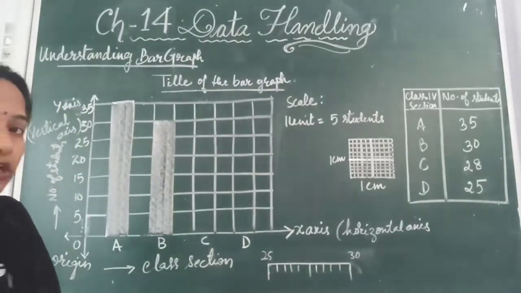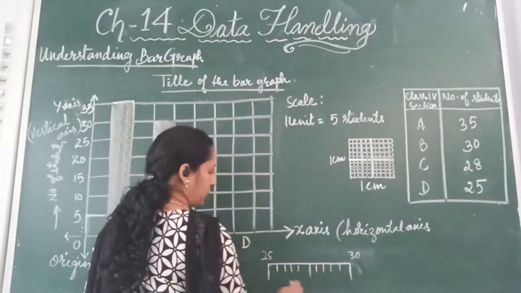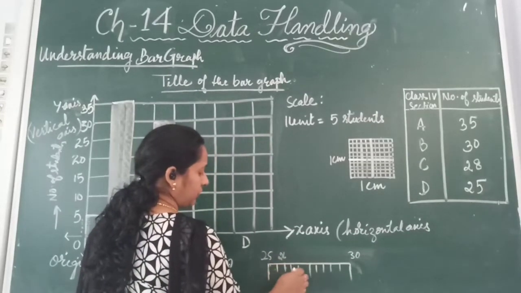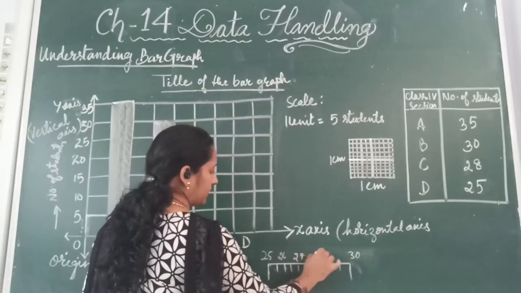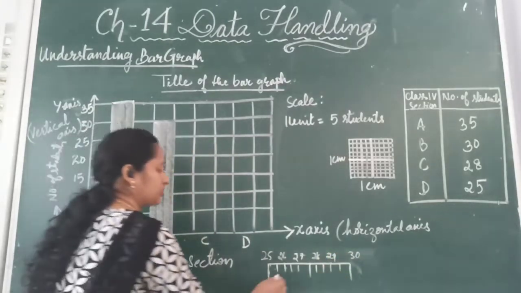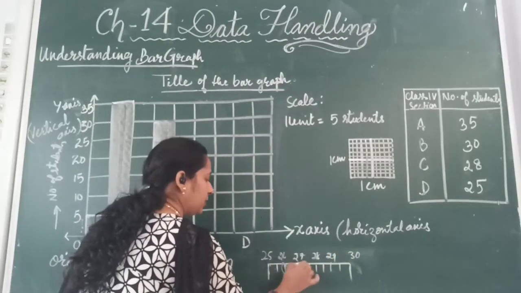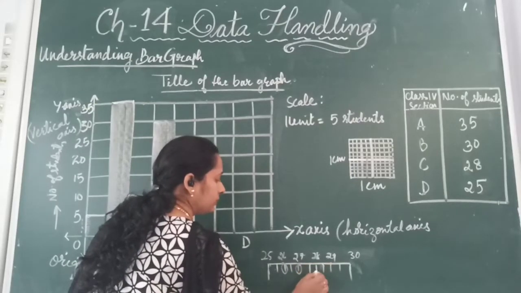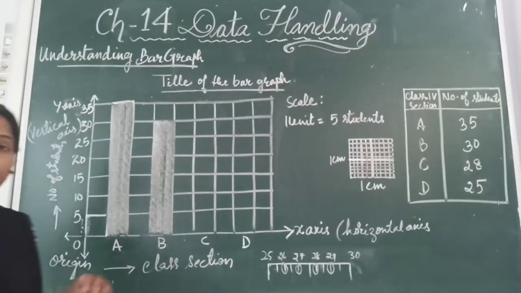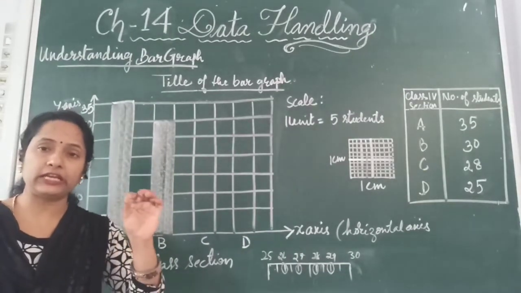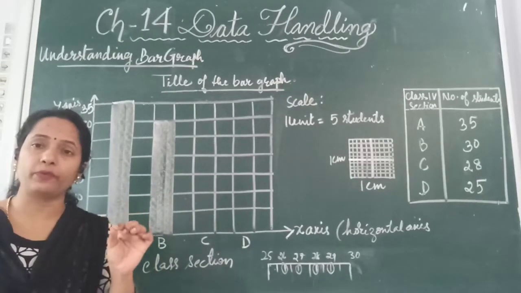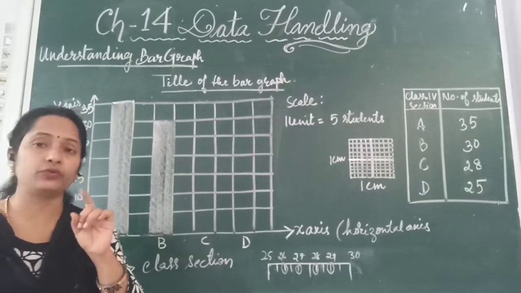Now just have a look. If this point is 25 and this point is 30, where will you get 26? You will get 26 at every alternate division. Okay, then 27, then here 28 and here 29, then comes the 30. So every alternate division points the numbers here. You have to see carefully each and every point or division on the graph and try to mark out the point exactly at which you will get 28.